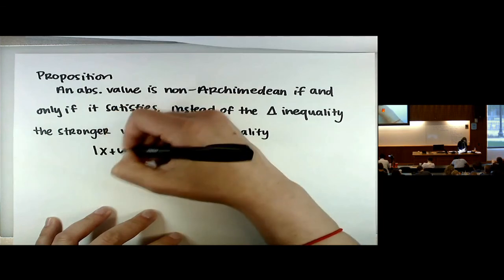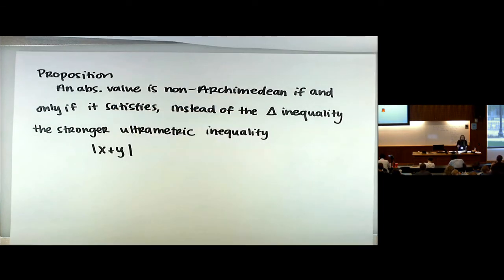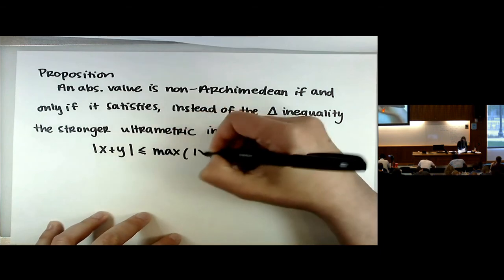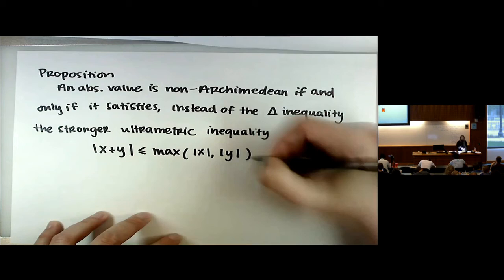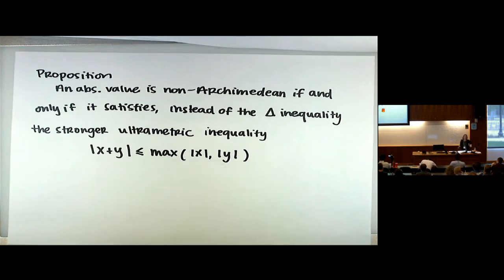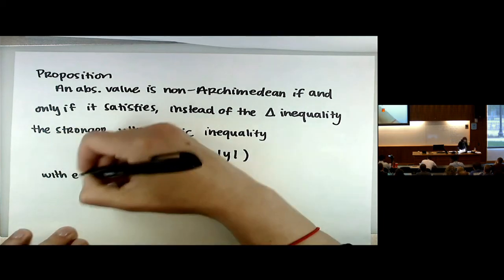That the absolute value of x plus y, right before I was like, oh, is this equal to the absolute value of x plus the absolute value of y? That's so weak. That's less than or equal to the maximum of the absolute value of x and the absolute value of y. So this is a lot smaller, right? So this is a lot better because I'm bounding above by something smaller. So instead of taking the absolute value of x and the absolute value of y and adding them together so you can't be bigger than that, no, you take the larger one of these two and it's not bigger than that. Okay. And then again, I have with equality,